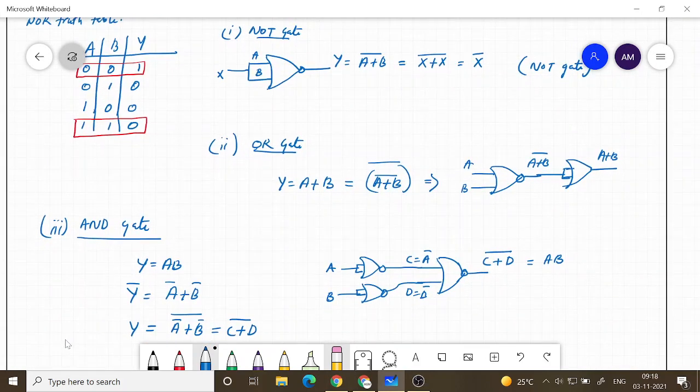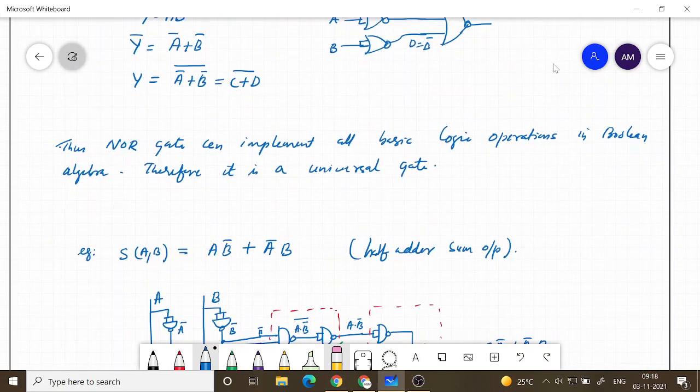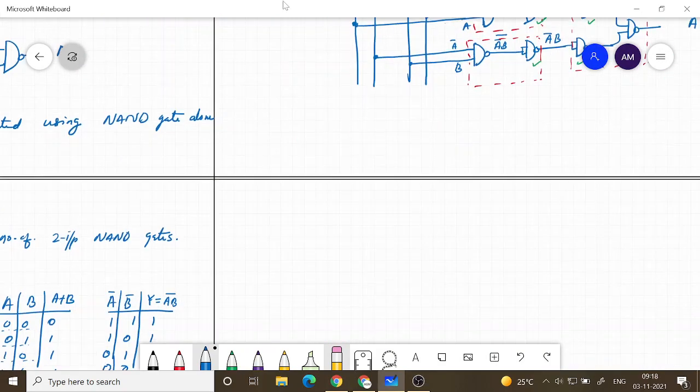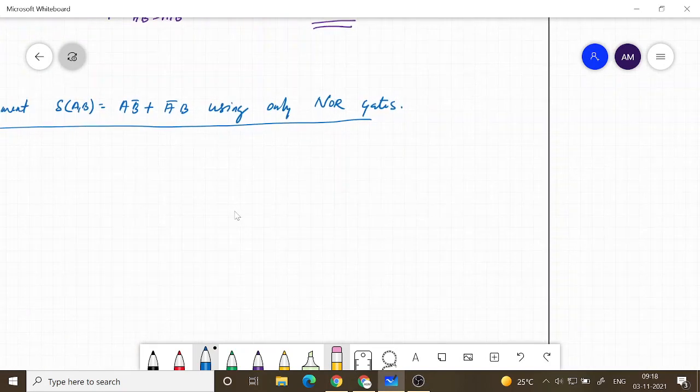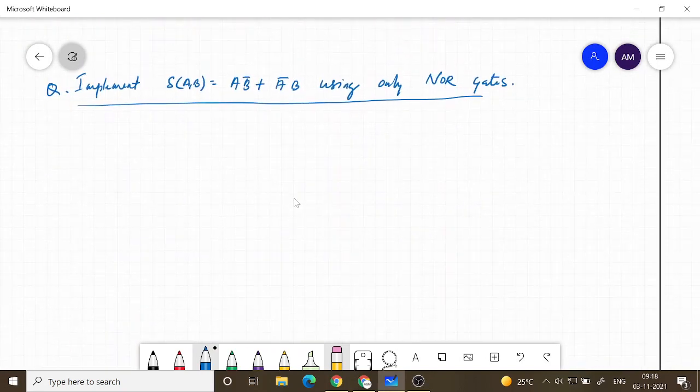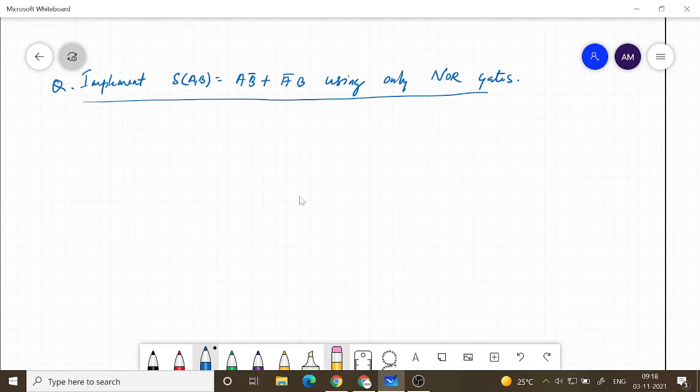So wherever you have NOT operation, you use this, and wherever you have OR operation, you use this, and wherever you have AND operation, you use this. Okay, so this way we can implement. So let us do like that first. But then again, as I told you, this won't be an implementation where you have the minimum number of gates.